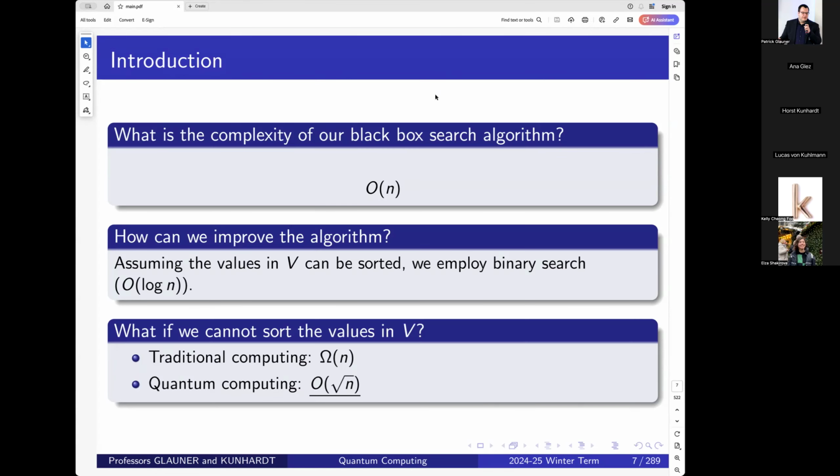Now, we will not discuss Grover's right now. Grover's algorithm will be mentioned later during the term. But today, we will look a little bit at what a quantum computer actually looks like. Because what I've said is we have quantum algorithms, but somehow we also need to run them